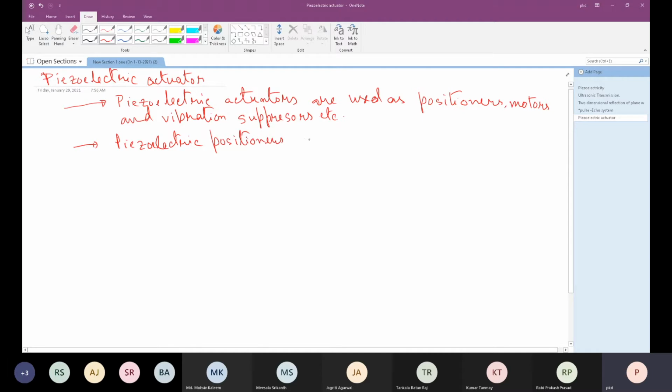Positioners can achieve very good precision and can be controlled precisely,